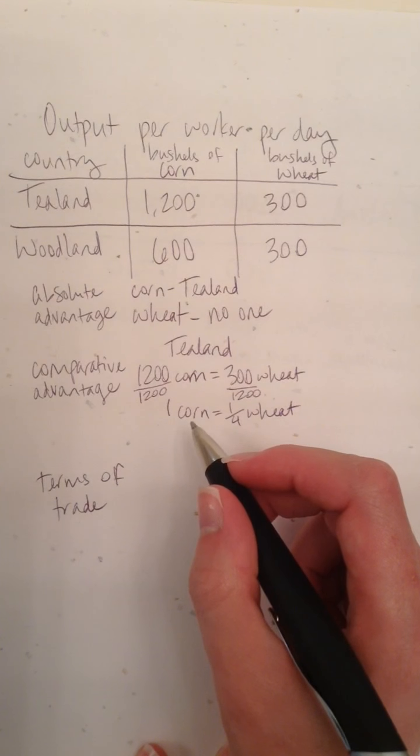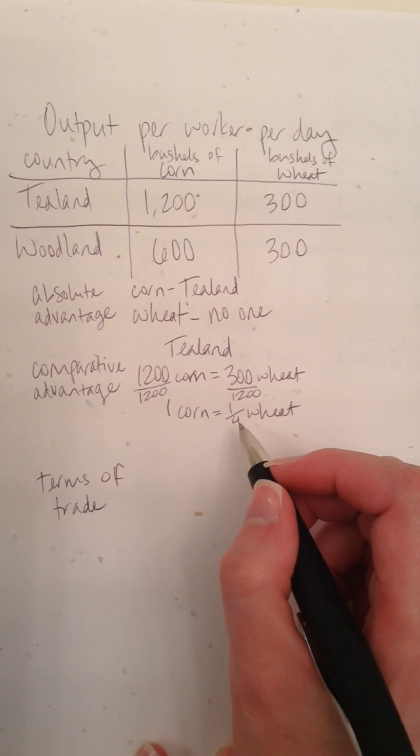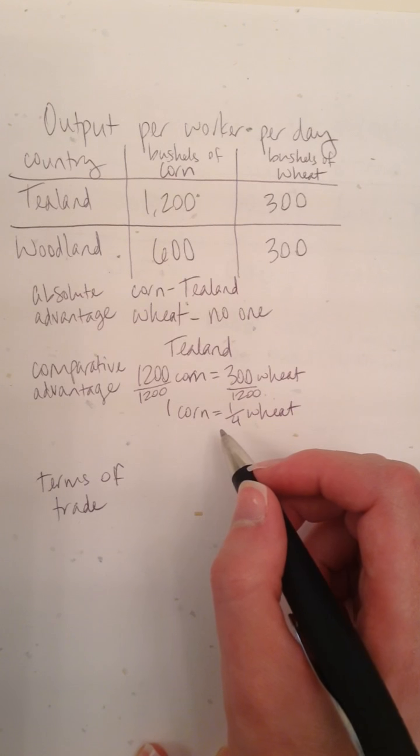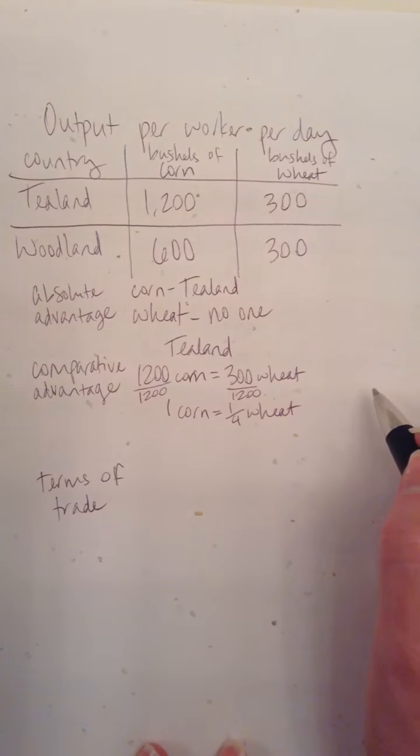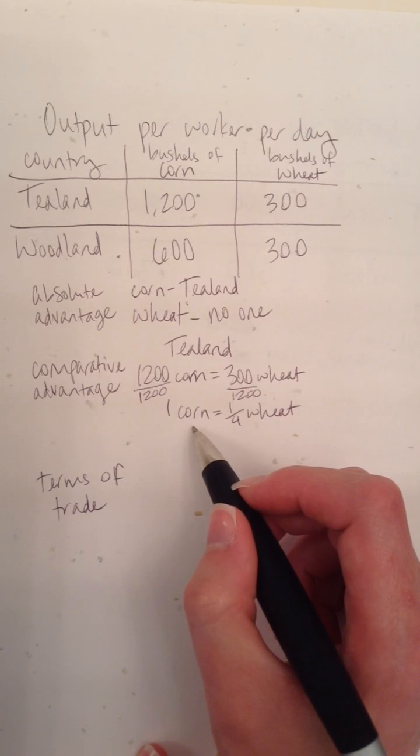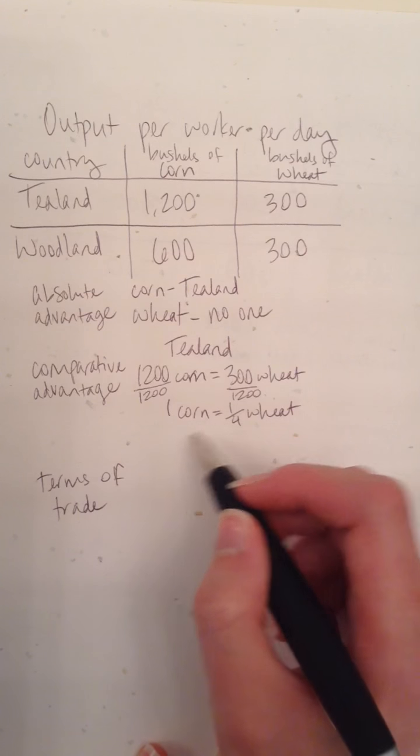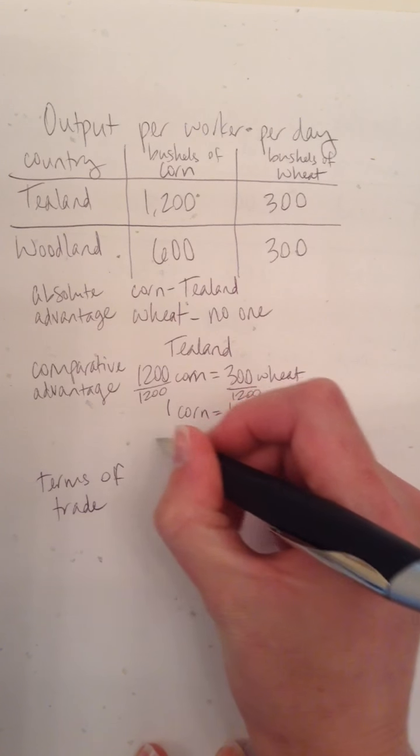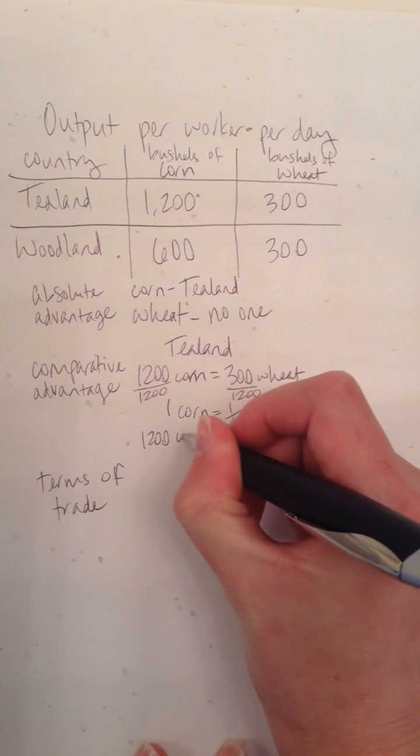So now we can compare apples to apples, if you will, or 1 bushel of corn to 1 bushel of corn when we do the same thing for Woodland, but we'll get to that in a second. So in Tea Land, for every bushel of corn they produce, they're giving up 1/4 of a bushel of wheat. And we'll do the same procedure